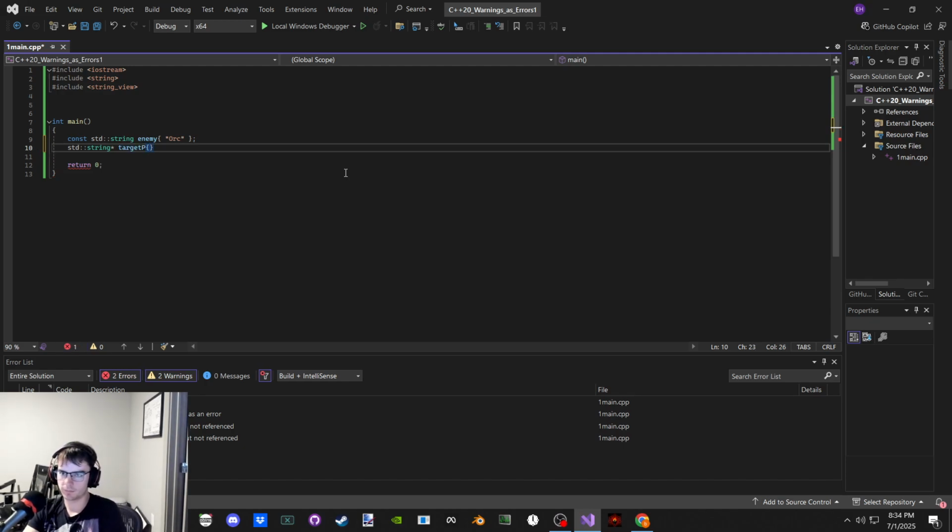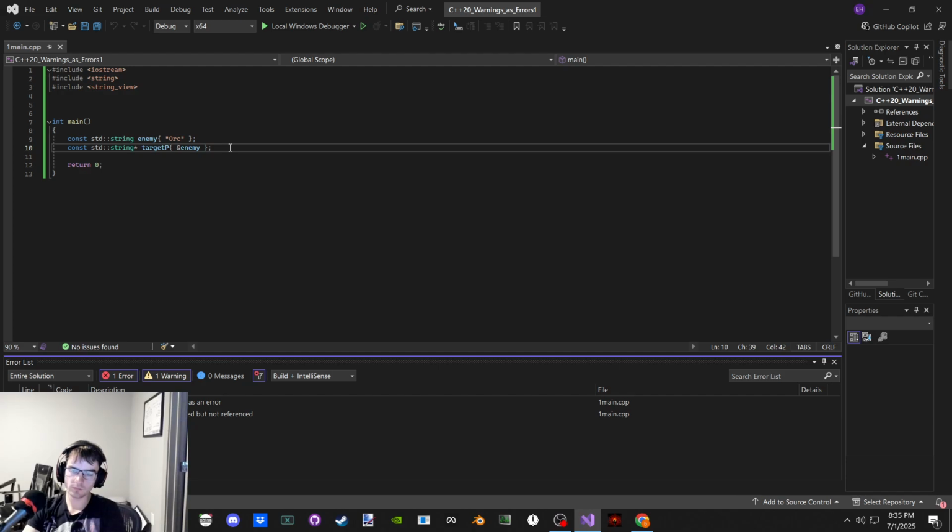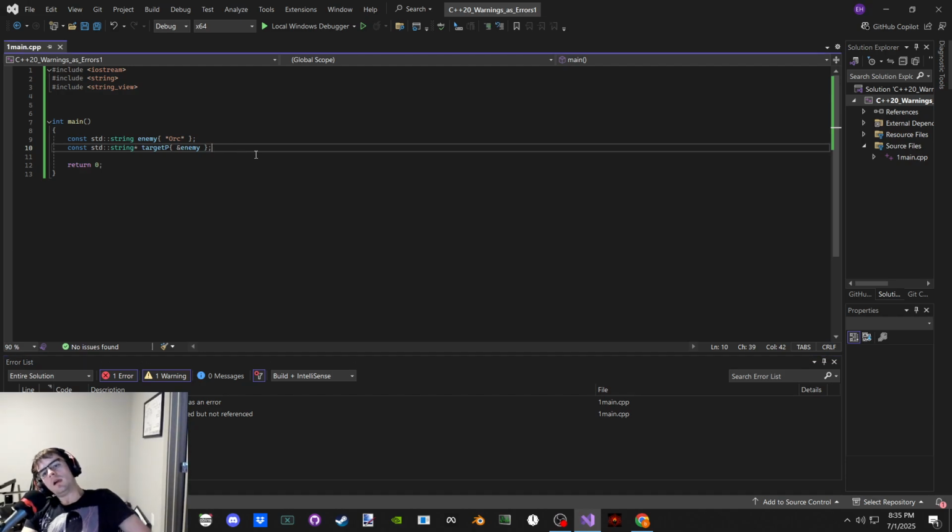Sure, I like that for now. Just give me the address of this enemy. Oh, and this would actually need to be const because it's pointing at a standard string like that. Okay, is it going to be fine with null pointer though? I'm curious.